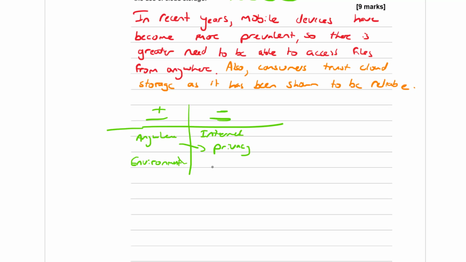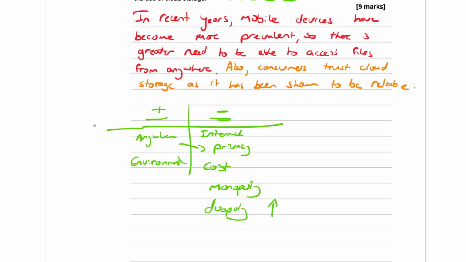So actually, negative, we could say cost, because you're often paying a monthly subscription, and eventually your monthly subscription is going to cost more than it would be to upgrade your hard disk. So maybe that's ethically. If there's a monopoly, say Google, or say we've basically got a duopoly, which is where you have multiple large companies, they can very easily increase the prices because there aren't many small cloud providers. They're all very large companies. If they want to increase the prices, there's not a lot we as consumers can do about it. We don't have many other options in the cloud service provider